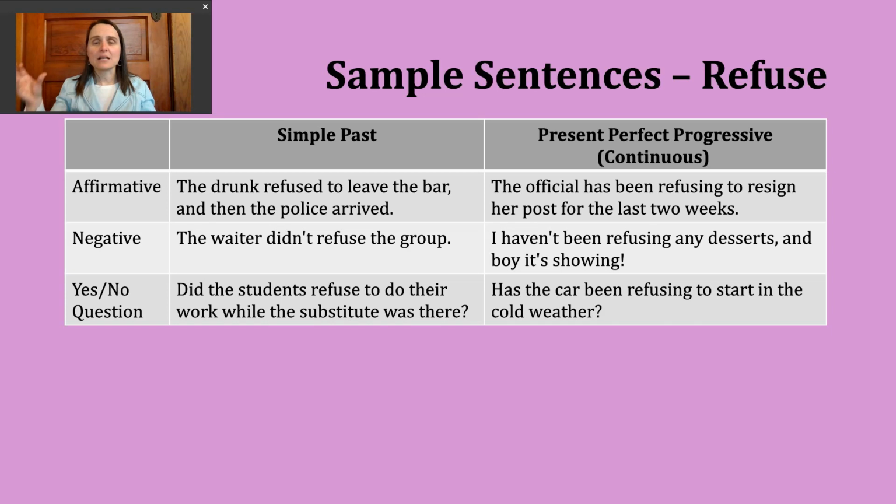To do this, I start with did, then I'm going to have my subject, and then the base verb. So I always like pointing out to my students, notice the only time I'm using that ed form of the verb is in the affirmative. I use the base verb in my negative sentences and in my yes or no questions. So now that you've noticed that finer point, let's look at my yes or no example.